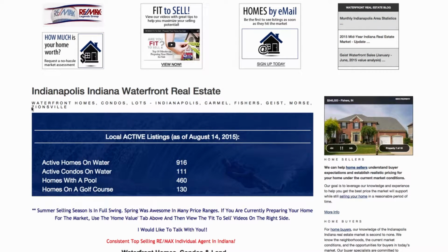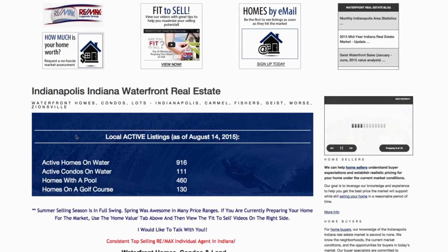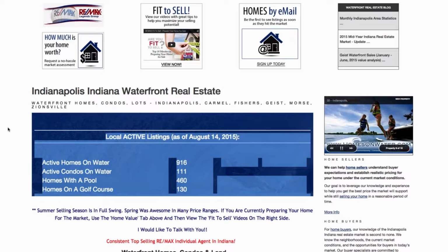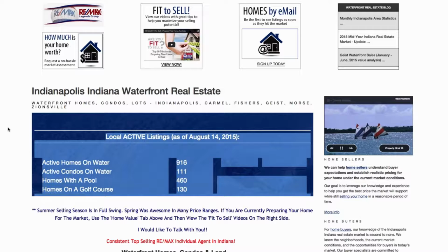We'll go in, we have a saved search on the computer. We'll go in and find active homes on water, active condos on water. I went ahead and put homes with a pool, because so many of them have that, and homes on a golf course. And pretty much daily we'll go in and change that, and it's my understanding that's exactly what all